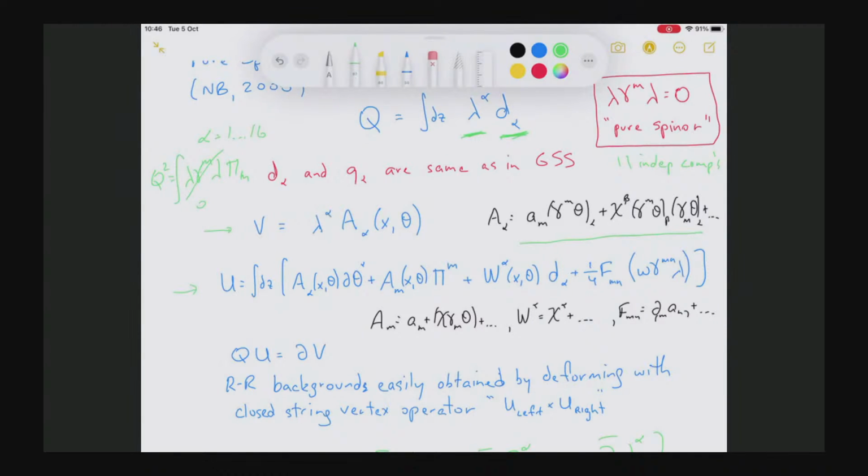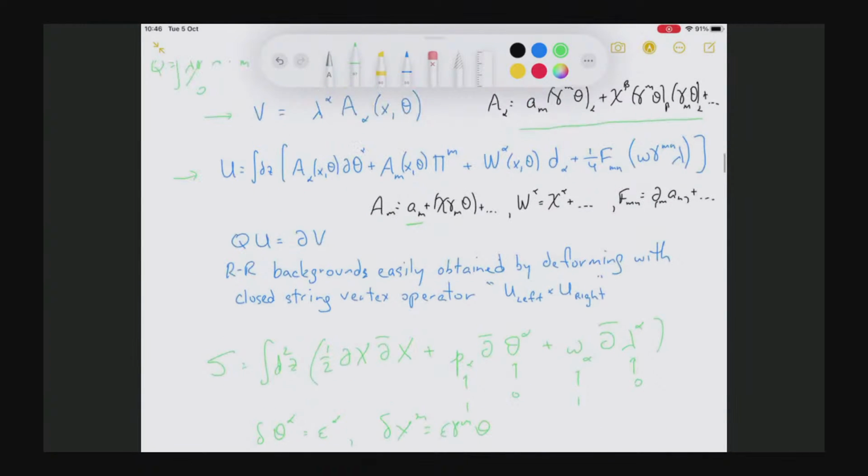with similar terms as in the RNS vertex operator, namely the gluon coupling is similar. It couples to dx, or more precisely the spacetime supersymmetric version of dx. And then you can also work out what the gluino couplings are. So the vertex operators are relatively straightforward. Of course, they're all written in superspace. You can use these vertex operators to compute, as I mentioned, up to genus 3 amplitudes. Okay, so that's essentially a review.